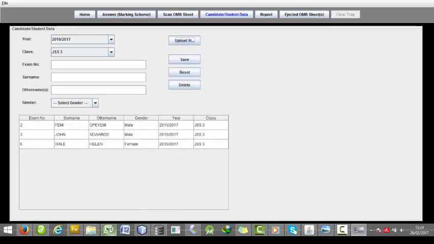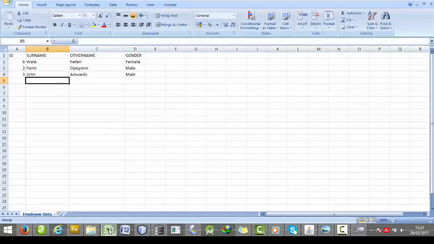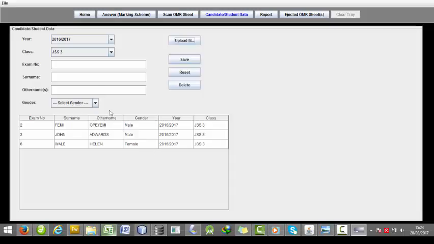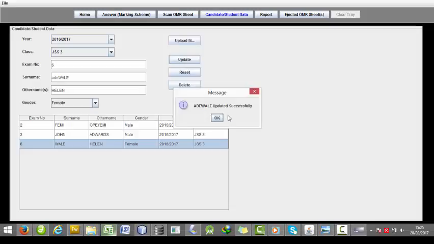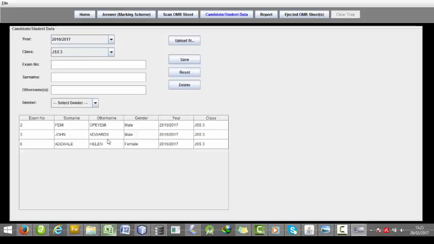So that means if you have it in Excel format, some schools will have it in Excel format. With this format, you can easily upload for a particular class, instead of typing it one after the other. Then I can decide to edit this also. Wale, I can call it Adewale. So if I update, there you go, Adewale has been updated. So I can go back to my